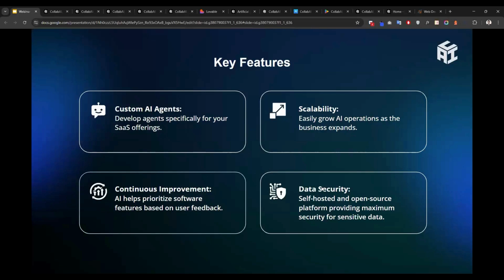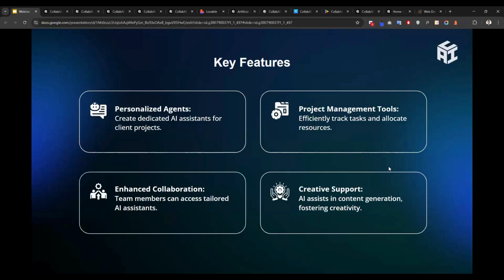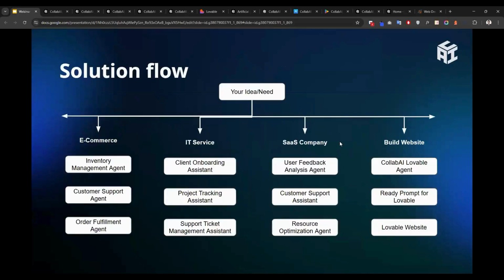Those are available on the market, and customers are giving them. You have full data security. You can get customized service. You can have enhanced productivity, seamless integration, improved customer service, personal agents, our project management tool, in-house collaboration, and creative customer support.